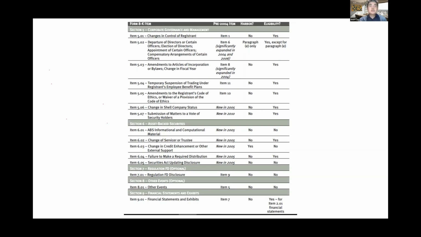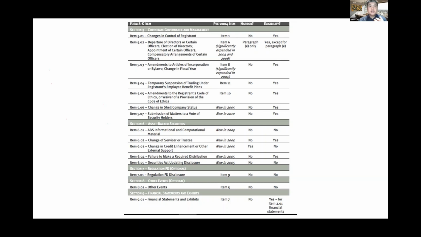So why is that? The reason is that Reg FD requires a firm to make the news available to everyone instead of to a small group of people. So if the CEO did an interview at CNBC, the company will disclose the news again in item 7.01, to make sure the news is not only available to the CNBC audience, but is available to all SEC investors, all the people who read the SEC filings.